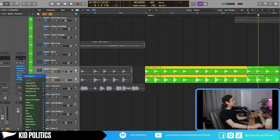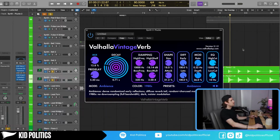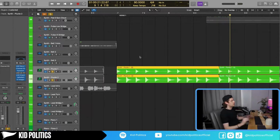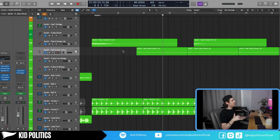And of course, I have just a little bit of reverb on these guys. Just some ambient stuff going on there, just to give it that club space. That is what I really wanted it to feel like. Cool About It has a ton of random ear candy things going on all over the place and in